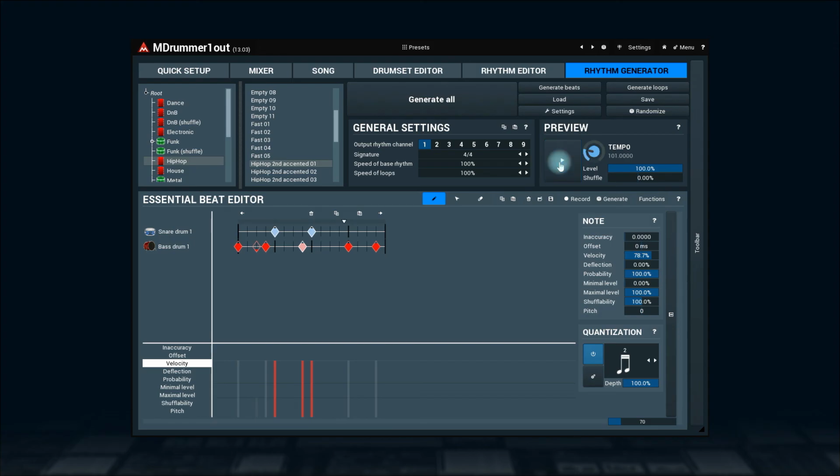This is the way to make great drum tracks that will perfectly fit your music without spending a lifetime editing